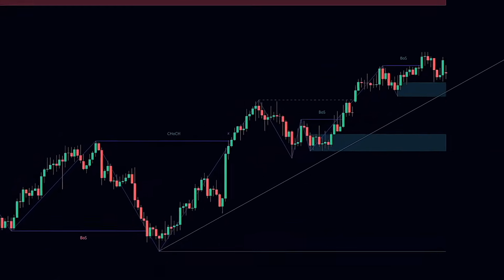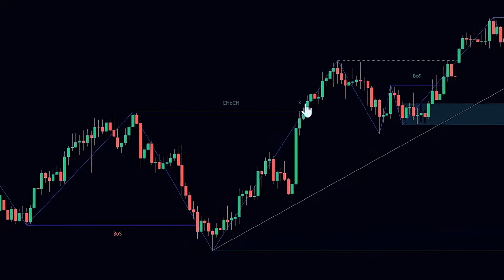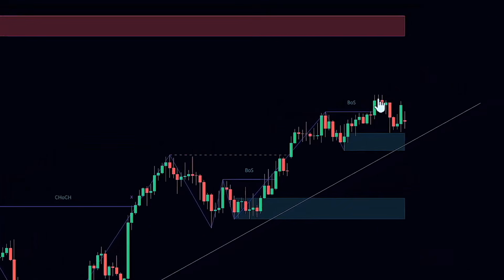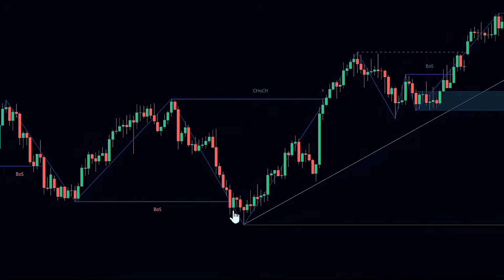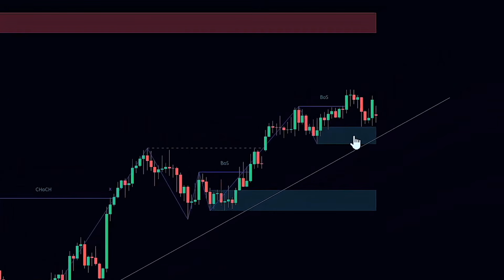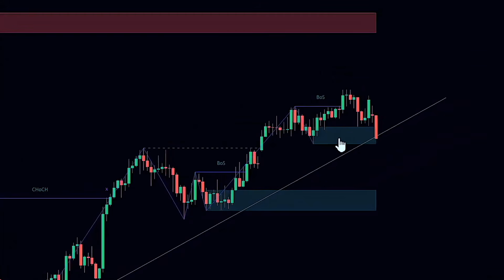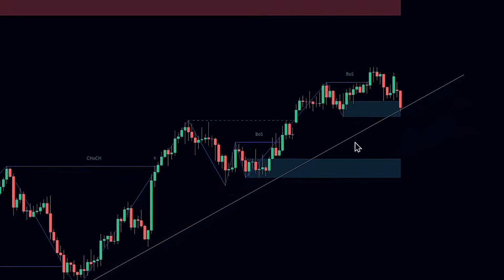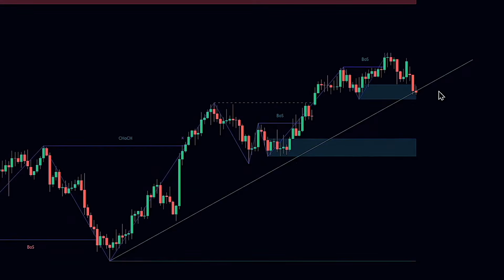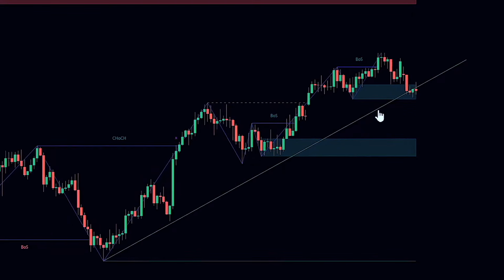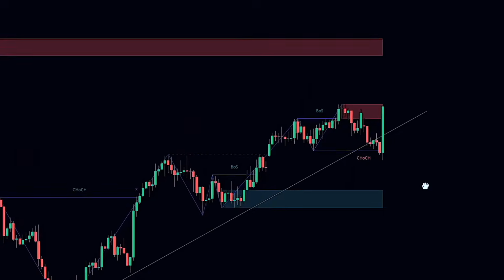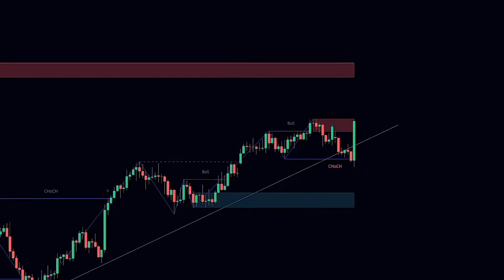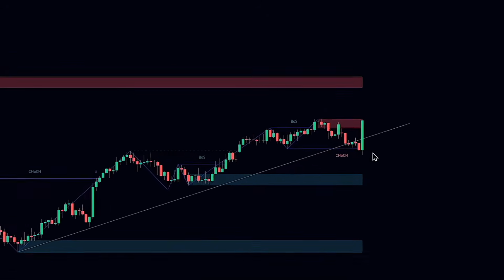Let's break down a sample long trade to make this real. Picture this, we're in an uptrend with the zigzag showing higher highs and higher lows. The price just swept liquidity by taking out a previous low and is now heading toward a bullish order block. On top of that, it's approaching an uptrend line that's held strong multiple times. This combo, the uptrend, the liquidity sweep, the bullish order block, and a solid trend line sets up a high